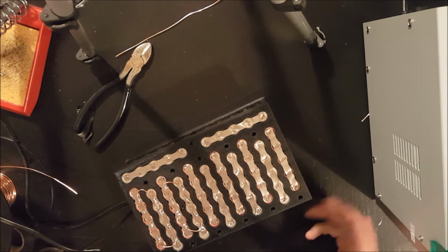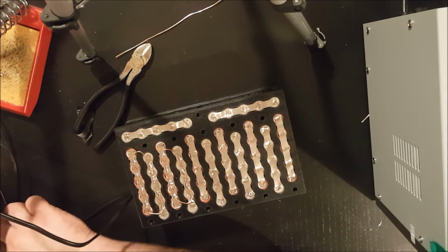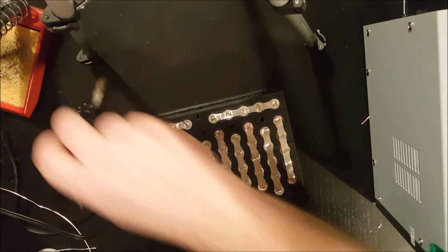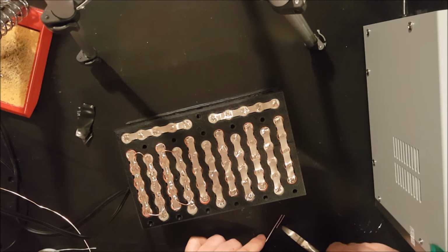So yeah, I'm going to fast forward through the rest, but you're welcome to sit here and watch me as I do it. Now that one was too long last time. And here's how much I cut off. So let's